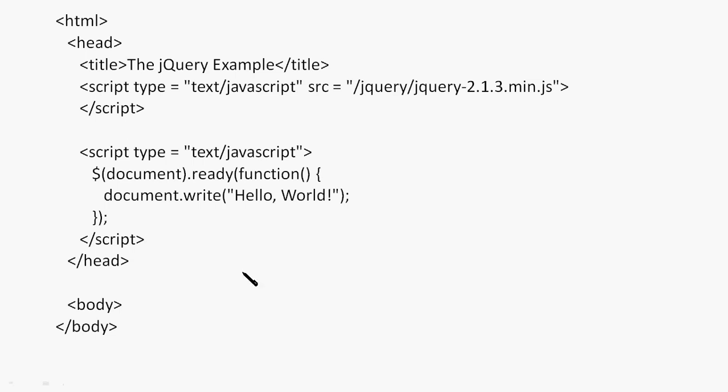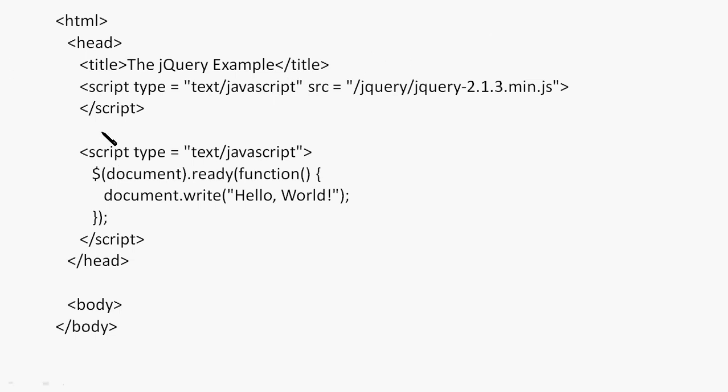This is an example that uses this way. Here the script type is text/javascript. For the source, we are specifying jQuery, which will be stored in the jQuery folder. When you download jQuery, it is stored with a .js extension, like jquery-2.1.3.min.js, automatically in the jQuery folder. So you mention this source.